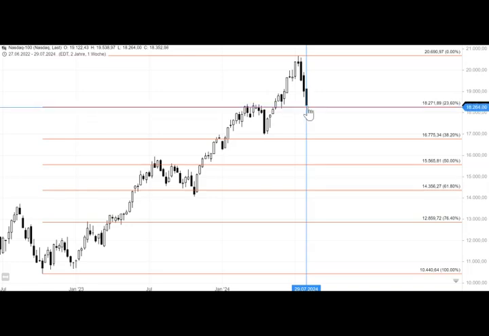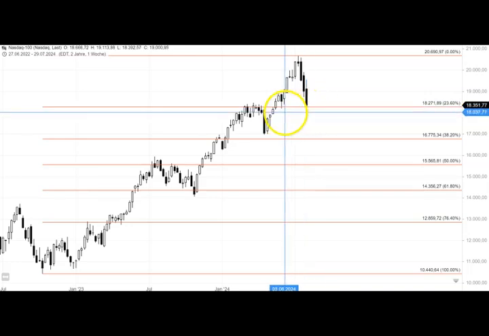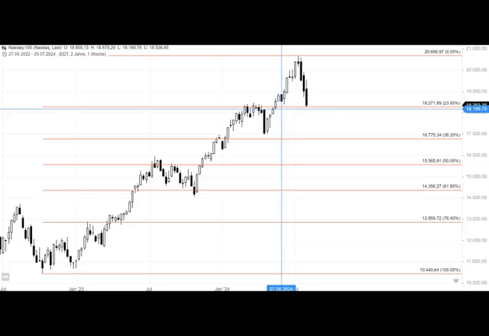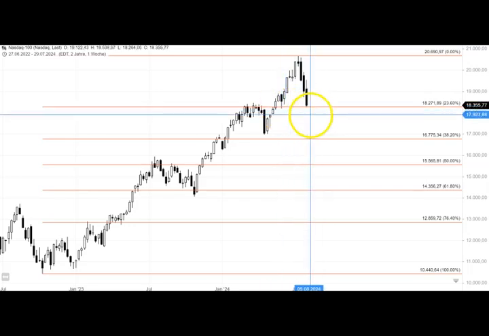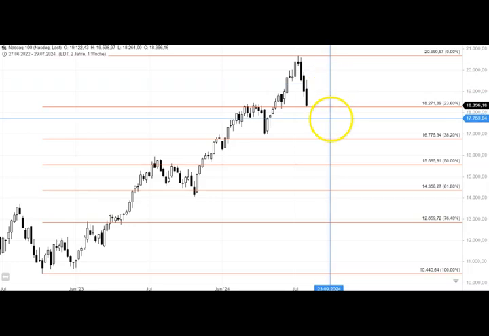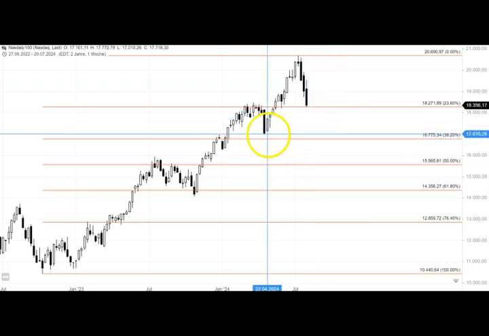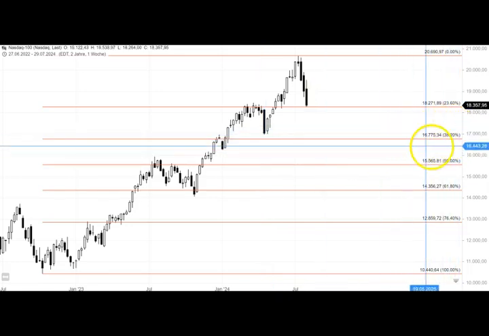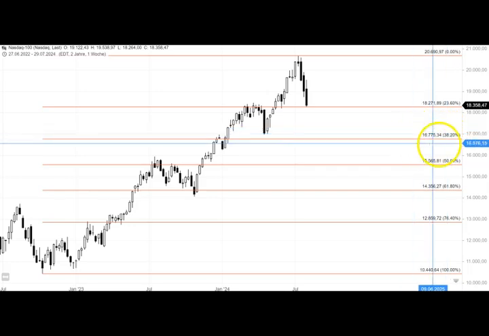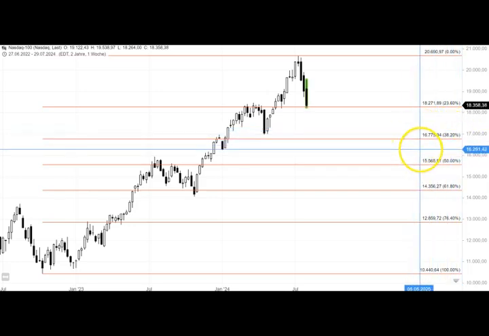I think there's a bit more to the downside. You also see that low here at 18,189. We might get a bit further down today, but also here I expect some kind of bounce into the beginning of August before we decline further. The next step here would be that low 18,973, which matches almost that 38.2 retracement at 16,775.